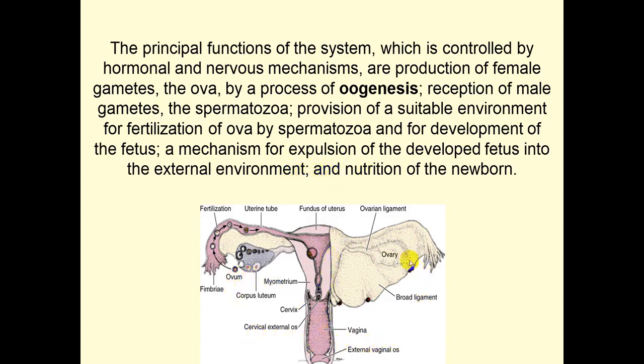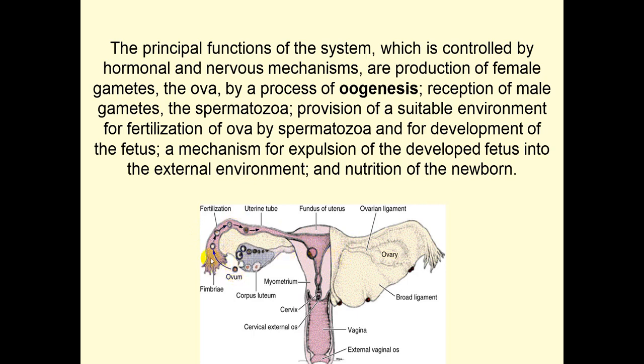Look please at this scheme, it demonstrates the inner organs of the female reproductive system. The main gland is the ovary, a paired gland, which locates in the broad ligament, and a special ligament carries the ovary. Next are the uterine tubes. You can see oviducts, or by a third name fallopian tubes, which